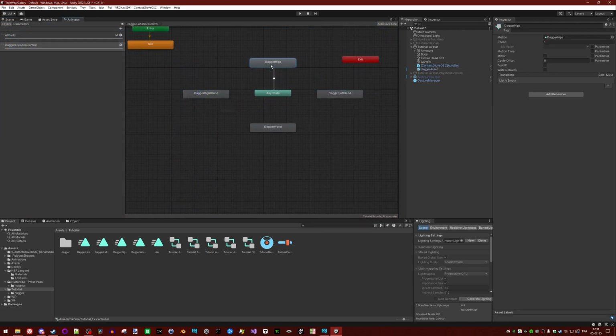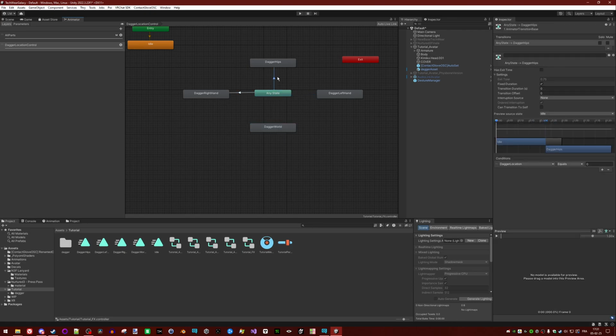In my case I will do hips is 0, the right hand is 1, the left hand is 2 and the world is 3. So I do the exact same thing for all the states, but with the values I just told. So dagger location equals 1 for the right hand, dagger location equals 2 for the left hand, and dagger location equals 3 for the world.